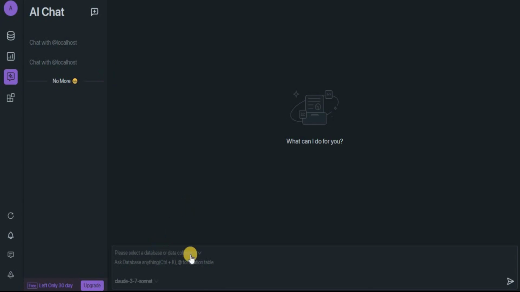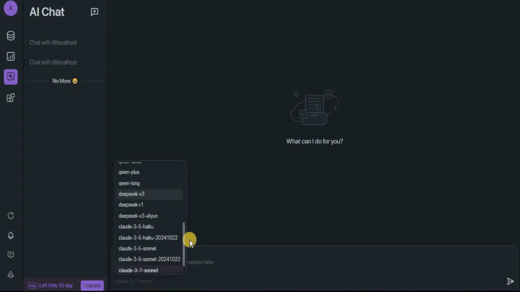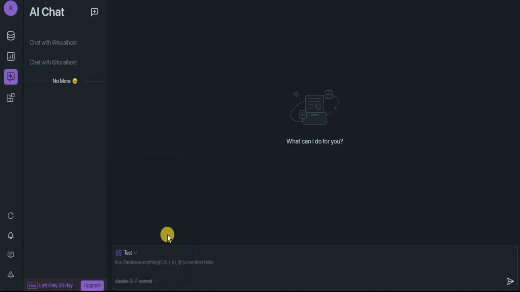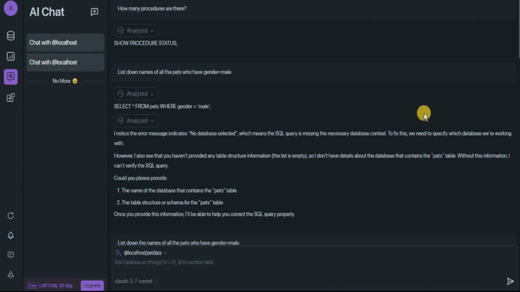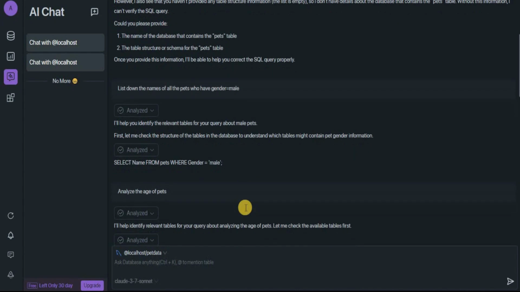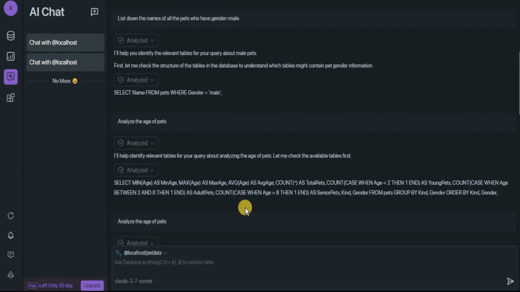So firstly, you have to select the database or the data collection. I'm gonna go with my test AI data source, and now you can ask the database anything. And you can see that it provides you a wide variety of different LLMs you can select from. I'm gonna go with the default, which is the Claude 3.7 Sonnet. And here you can view all the different conversations that we have had with our database. You can see that these were the previous questions which we asked to the database along with the answer which the AI chat